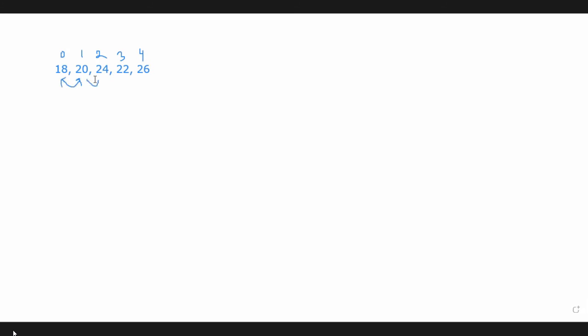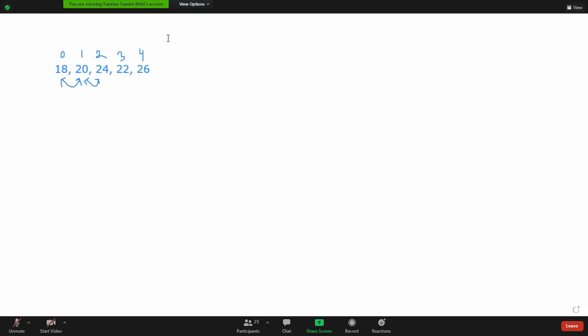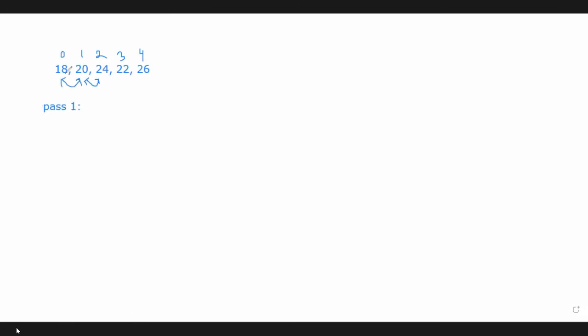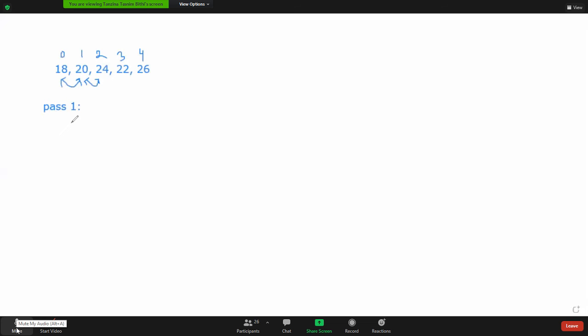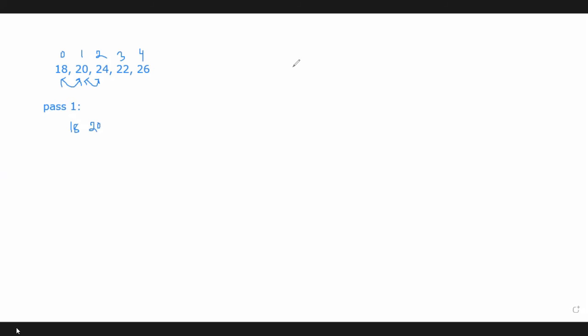So suppose this is our pass 1 or step 1, and how we can organize the data. At first we'll compare 18 and 20. After comparing these two, what will be the output? Which element will be stored first? Obviously 18. That means when bubble sort compares the first two numbers, it doesn't need